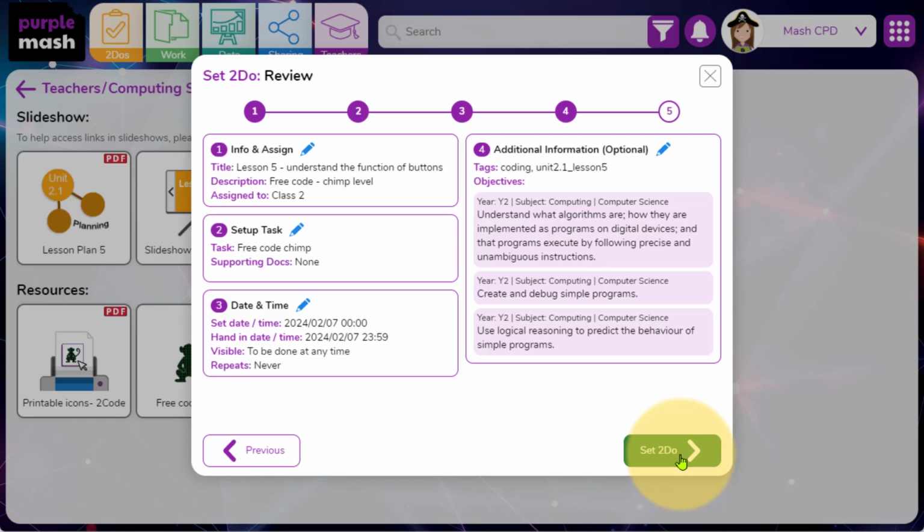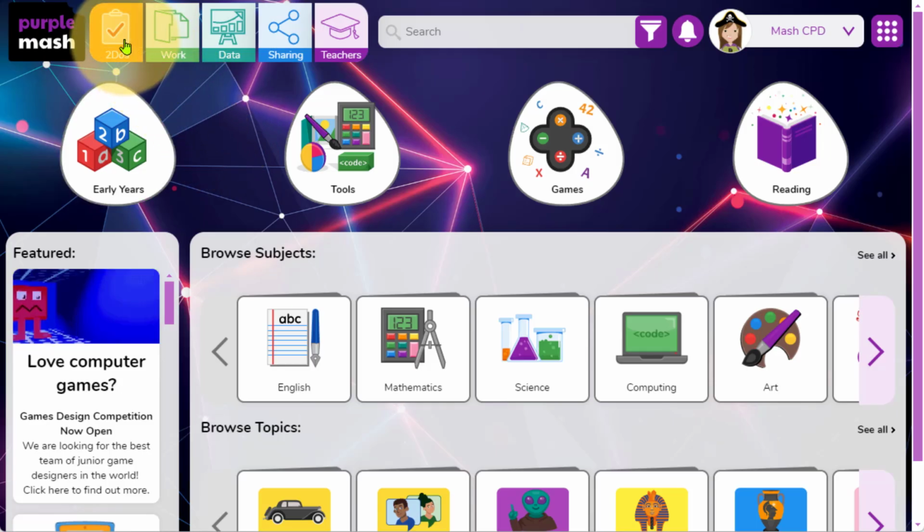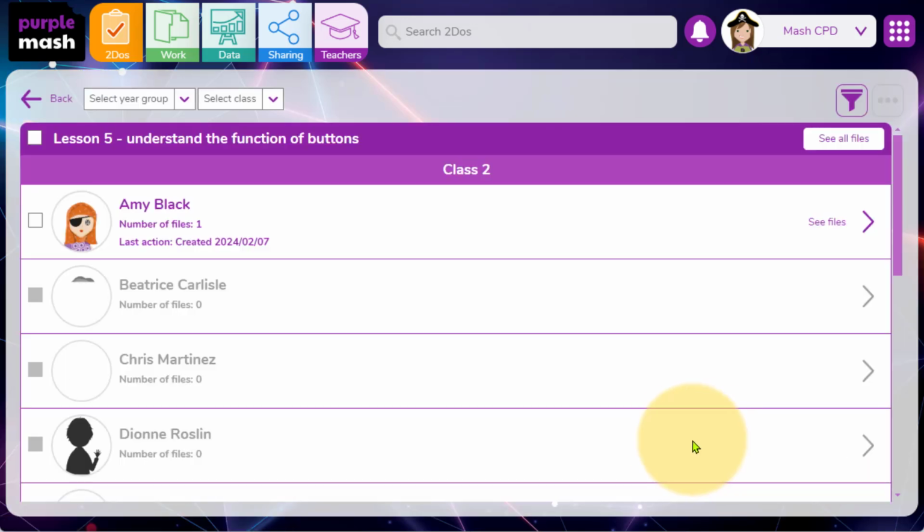Please note, children aren't aware that any objectives are added to work. This is purely for teachers to see from their login access. This now allows me to access work children complete as a to-do and to apply my own judgment based on these objectives. Opening up the to-do that I've just set about functions of buttons, if I click See Work,